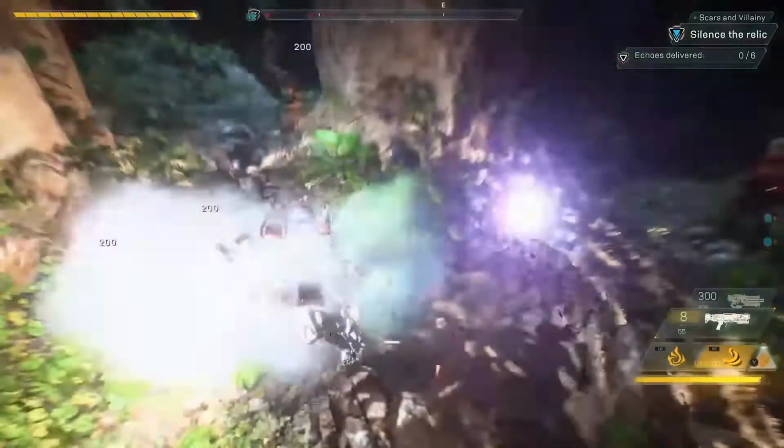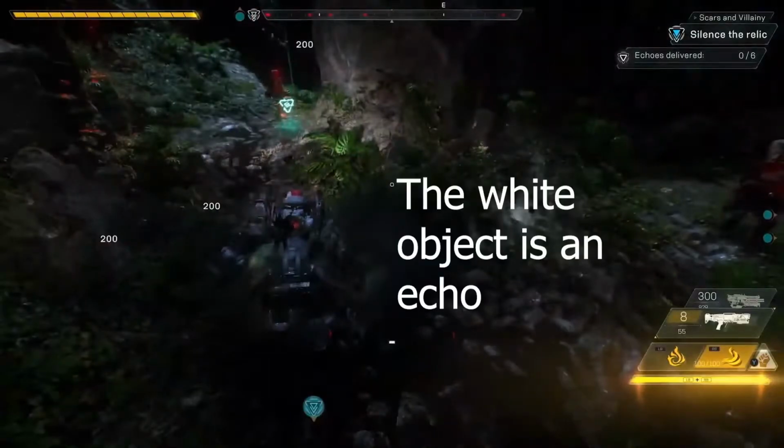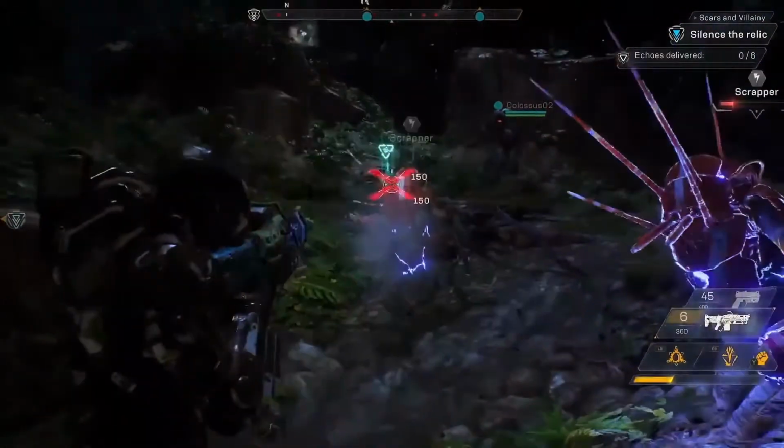His Ground Slam does 200 damage to each enemy and destroys some mysterious floating light. No clue what that is or what it does. We can also now see another glimpse at a loot drop. This time it's green. Unfortunately, nobody picks it up. The relic seems to be somehow connected to the enemies that are spawning and must be silenced by delivering echoes